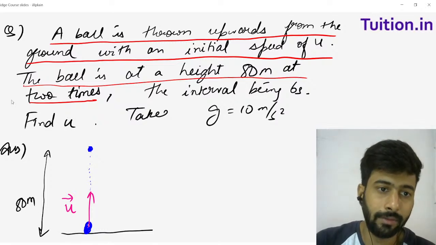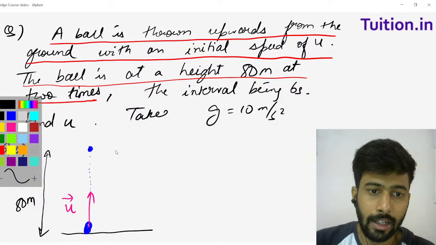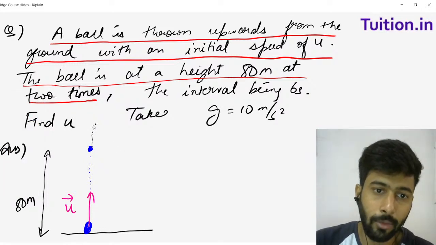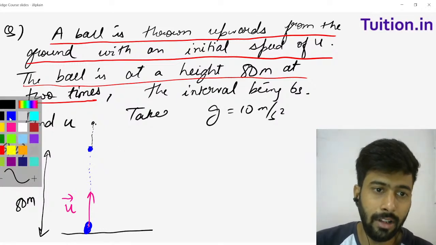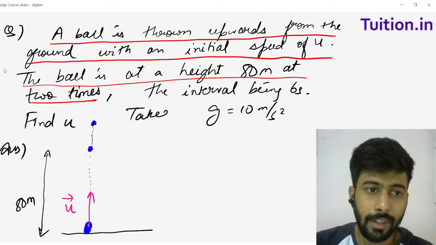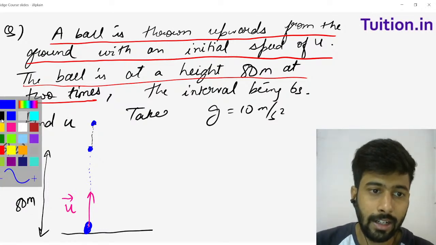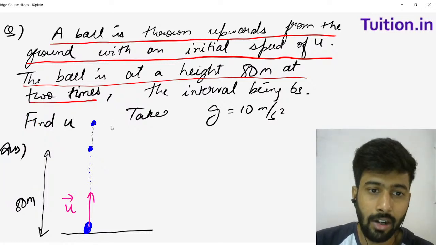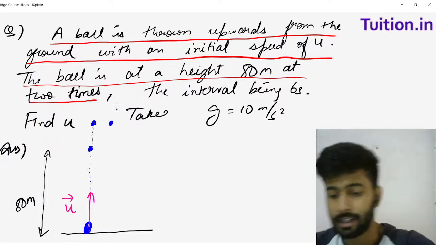80 meters. Okay, then it will go up. It will keep going up. It will stop. After some time it will stop. Then what will happen? It will start coming down again. Let me start drawing the downward scenario slightly to the left,